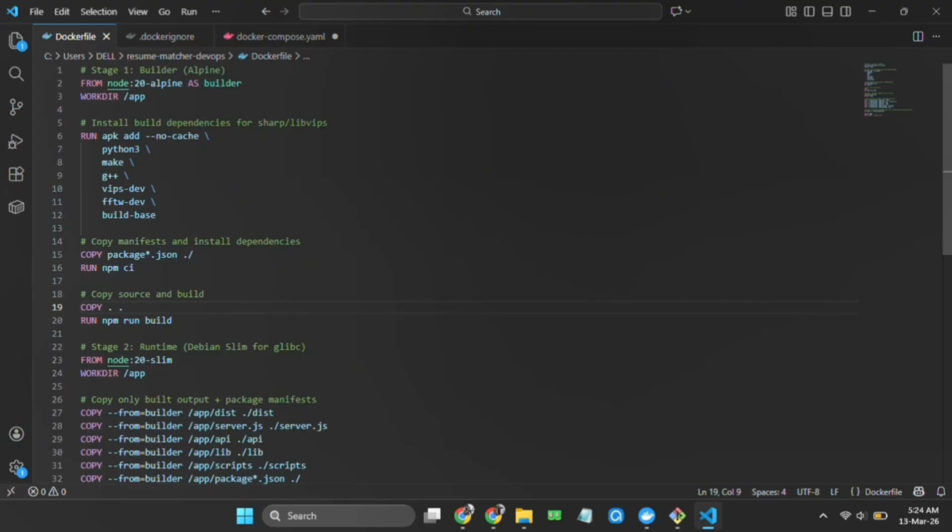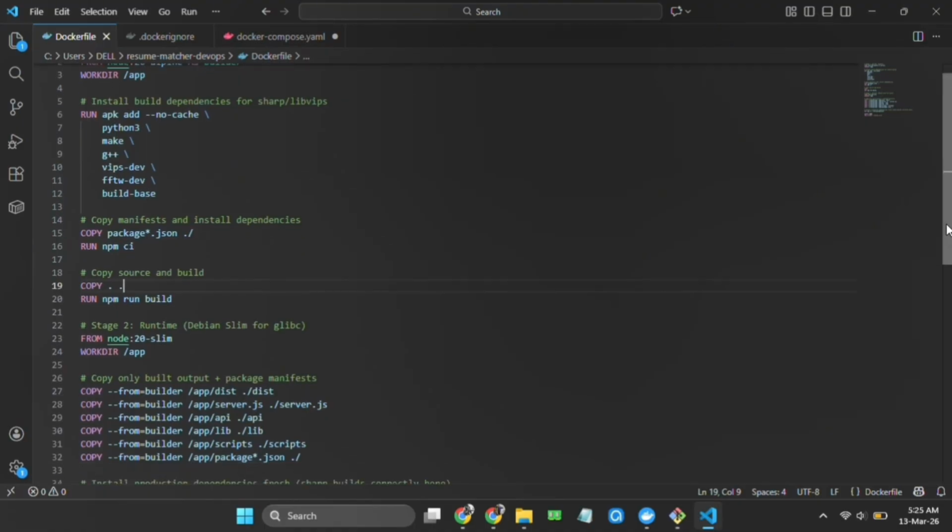This copies only the build output and necessary files from the build stage. So only necessary artifacts or build output from the build stage is copied. This keeps the runtime image lean, with no redundant dependencies that would increase the image size and make it heavy. So it only uses necessary files from the build stage to create a runtime environment.